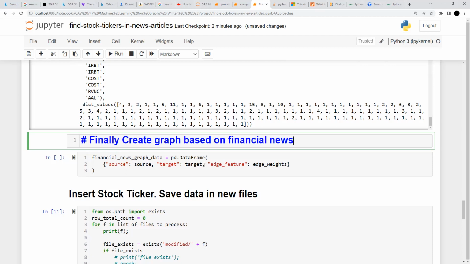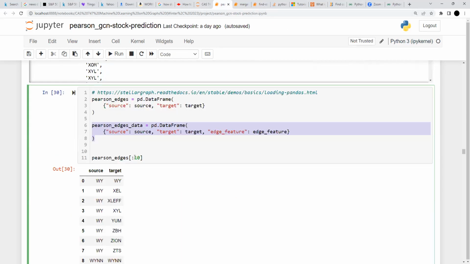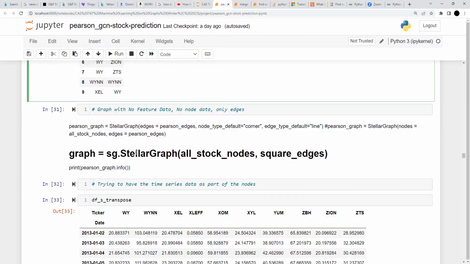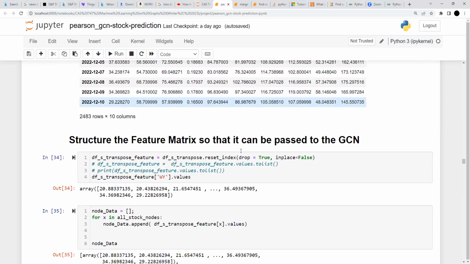Okay, source, target, and edge weights. I believe it works. So it works. Now I need to create the PyCharm